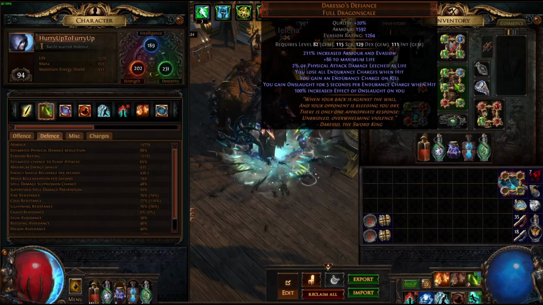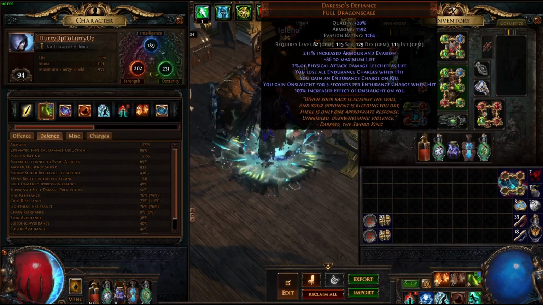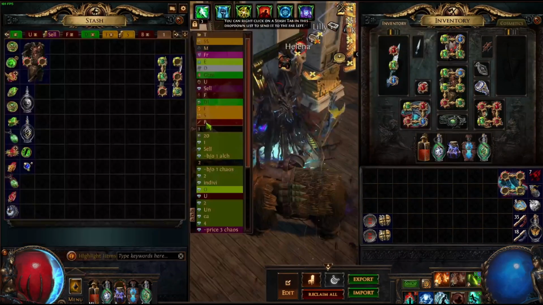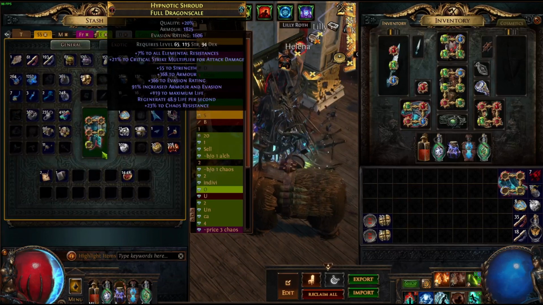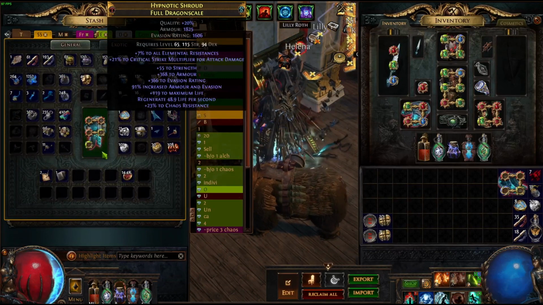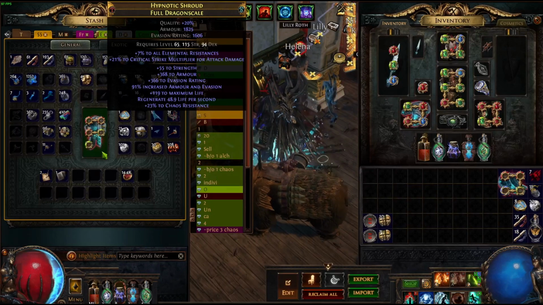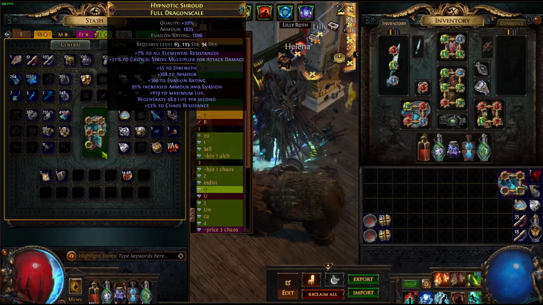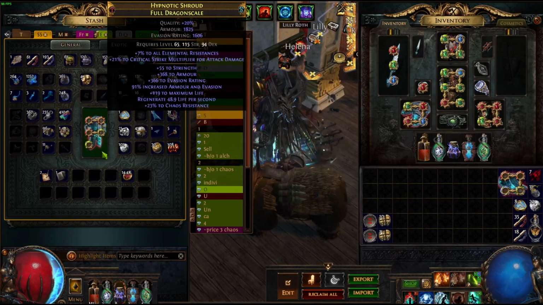Then as a chest, we have the Restos. You also don't need to run this. So ideally what we want to do is swap into a rare. I did buy this chest. This is pretty good. But I think even better now, since we basically fixed all of our endurance charge problems with Ralakesh,